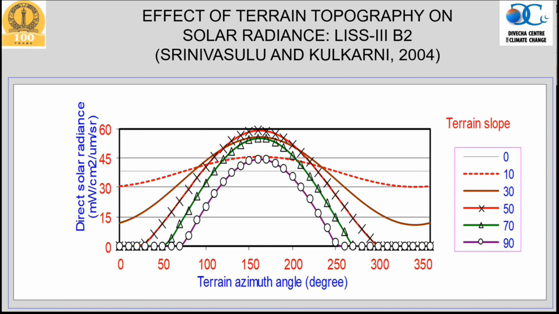Take the case where the terrain slope is approximately 50 degrees. Then there is the azimuth, and depending upon the azimuth angle,